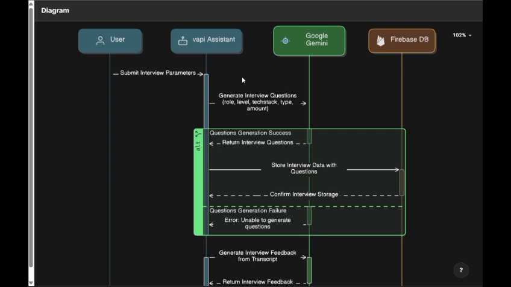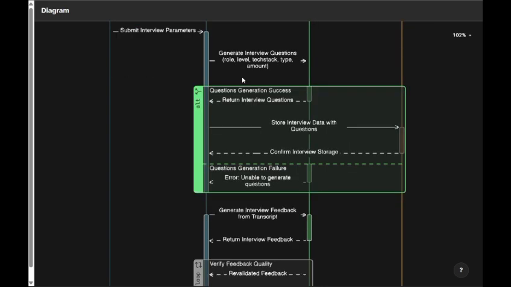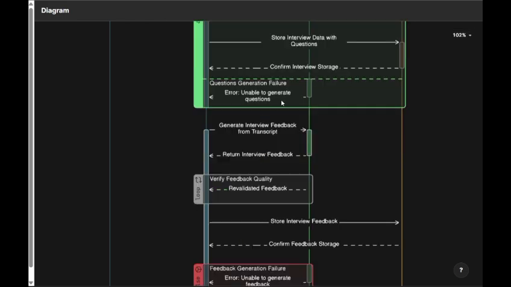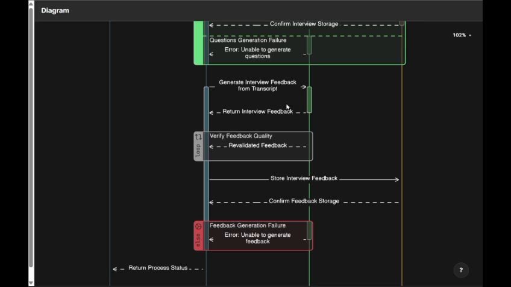When the questions are generated, they are also in parallel stored in the Firebase database, and the complete interview card is shown on the website. Once this happens, we can take the interview, and during the interview taking process, the transcript of the interview between the interviewer and the user is analyzed by the Google